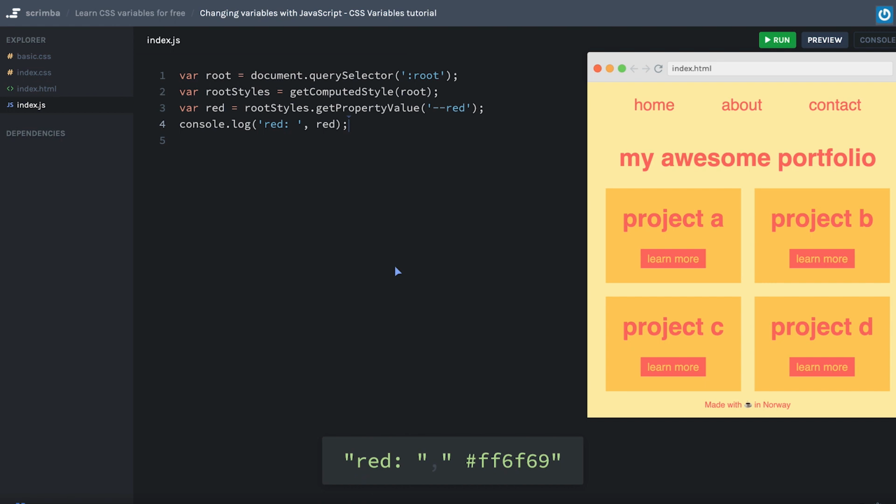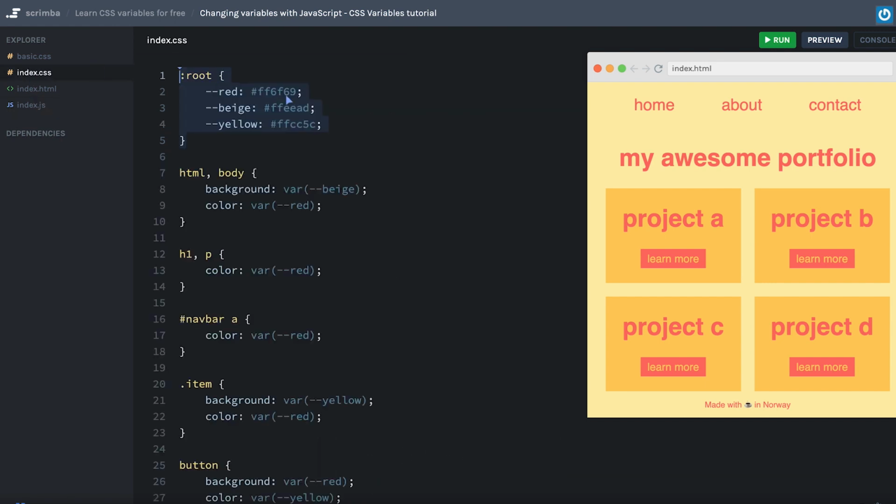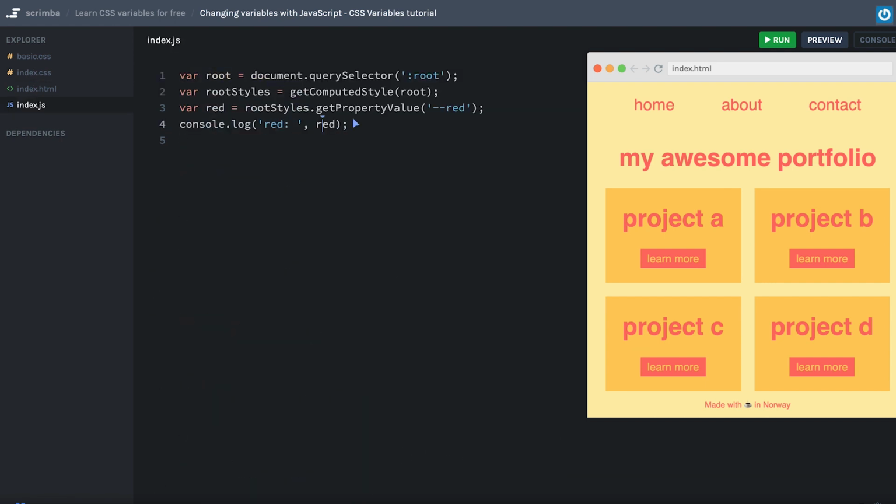You'll see that we get the correct value. You can see this one here. So now that we know that we can fetch the variable, let's also change it. To do that, we'll refer to the root again. Do root style set